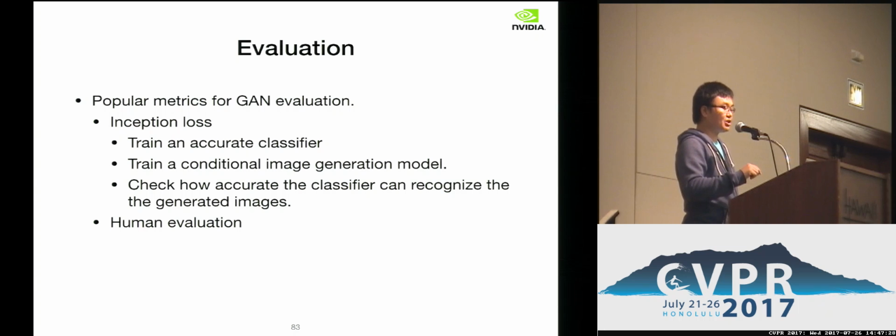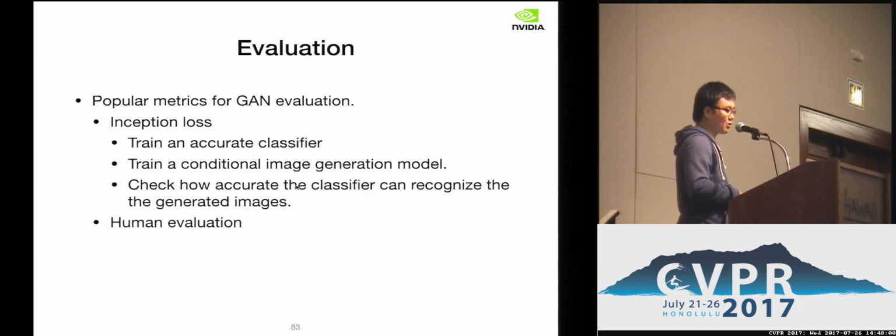So you know what class of image you're going to generate, and now you use this classifier to verify if it recognizes the image you generate as the class you want to generate. So it evaluates how much control you have over the generated content. But it does not say that the generated image will look real. It only says the generated image will be classified as the class you decided.